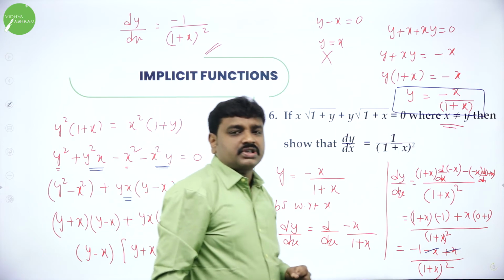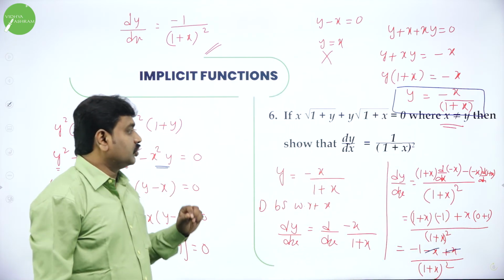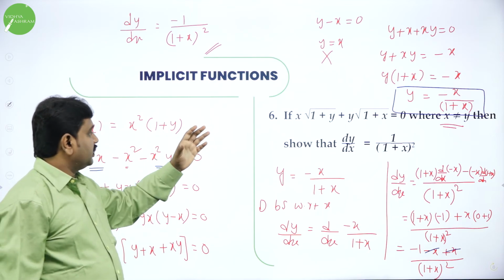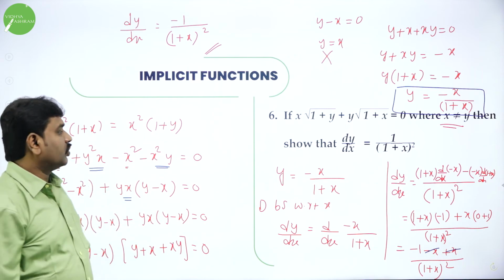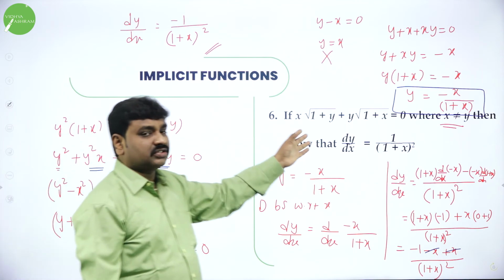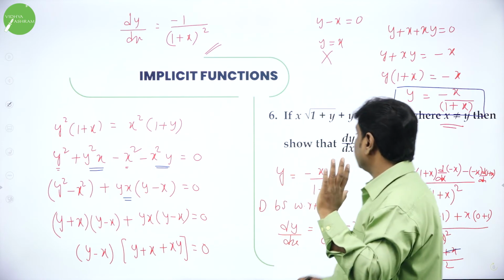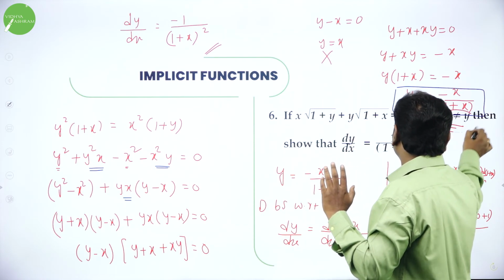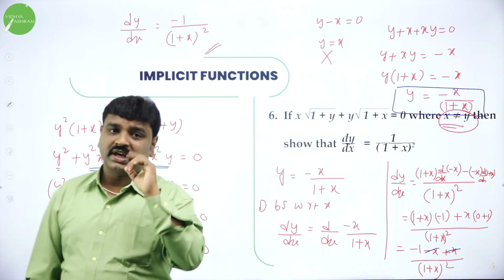It is an interesting question, and it comes only by practice. These kinds of questions are most important. So first, what is the case? It is implicit. Directly if you differentiate both sides, it will become hectic. What you should do? Transfer one term to the other side, square on both sides, and one factor gives you y equal to x, leave it because y not equal to x they gave in the problem. So leave this part and take the other part, differentiate, you will get the answer.